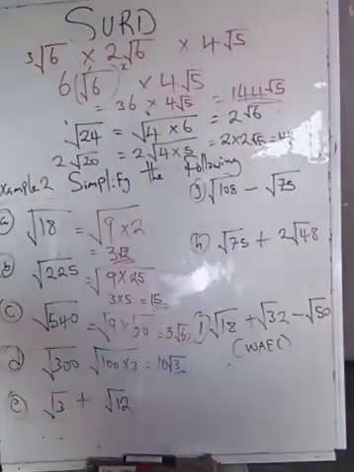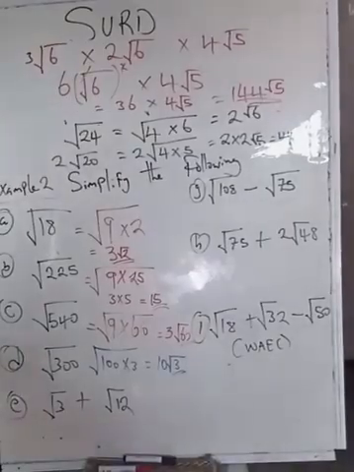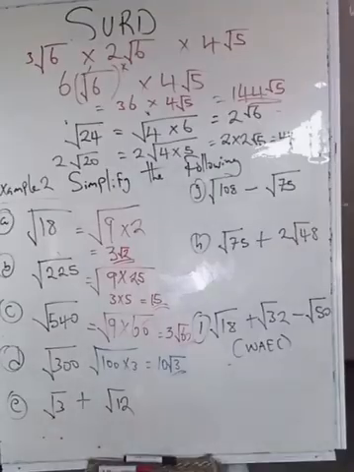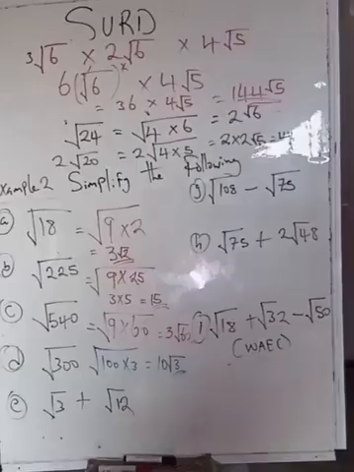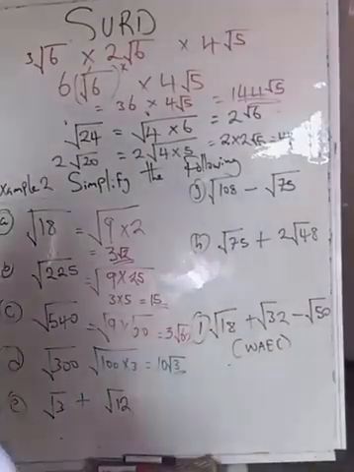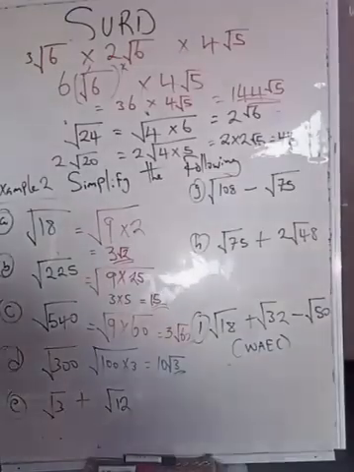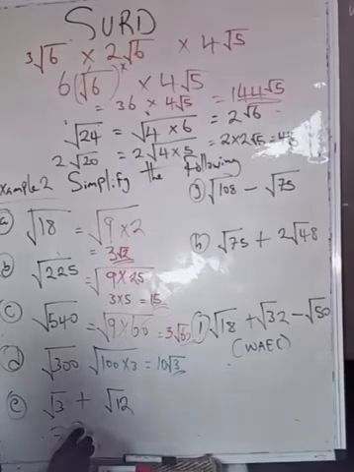So the next question, question E, square root of 3 plus square root of 12. The square root of 3 is an irrational number. So we are going to focus on the square root of 12. We try to simplify the square root of 12. Okay, so this will be equal to the square root of 3 plus,